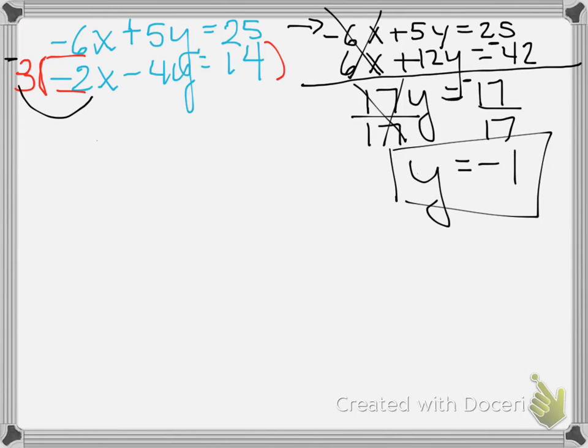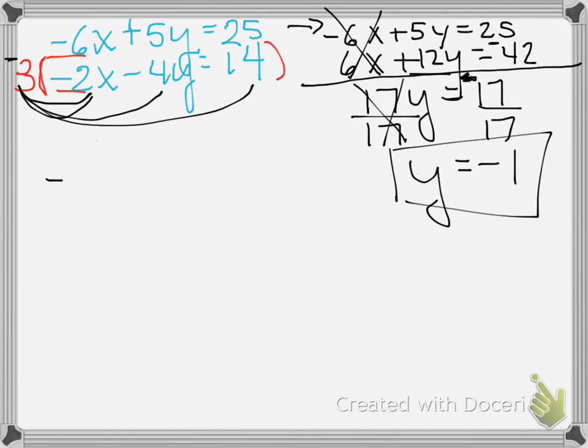Okay, so let's just go through that again. This negative 3 was multiplied by negative 2, giving it a positive 6. Negative 3 times negative 4, giving a positive 12. Negative 3 times 14, giving a negative 42. And when I add those, I get a negative 17. So negative 17 divided by 17 is a negative 1. And now we go into step 4, and I'm going to substitute that negative 1 into one of the original